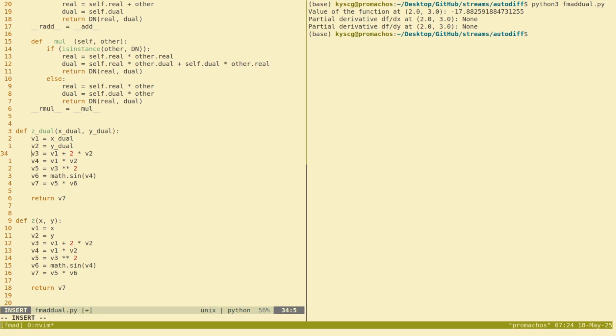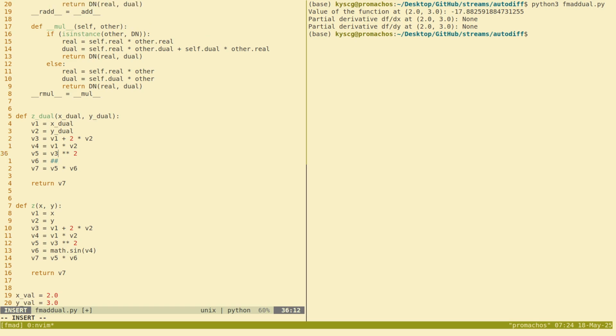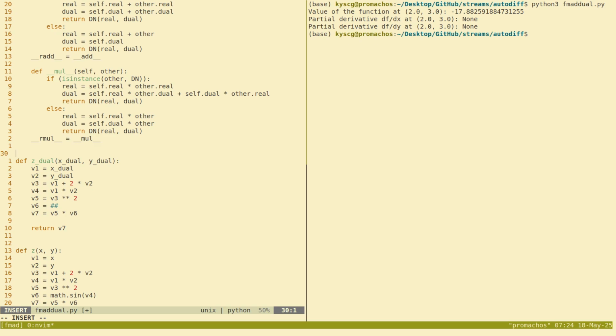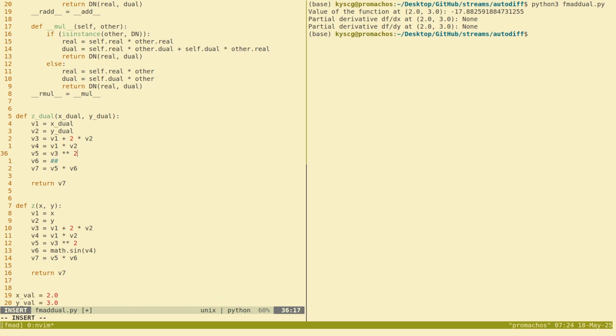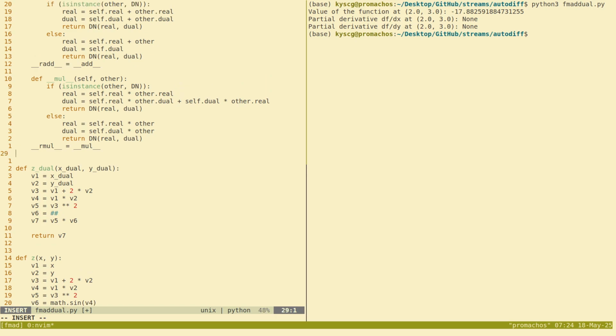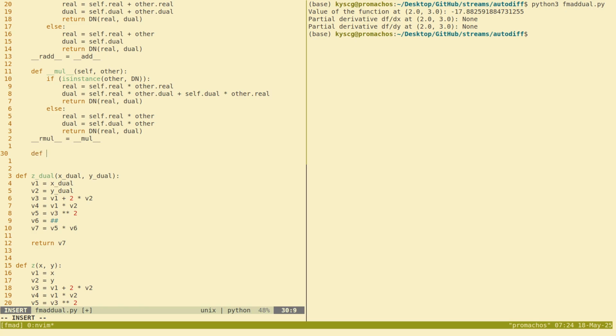Right. So v3 is the same, v4 is the same, v5, v6, everything. No. So v6 we have to work on, because actually even v5, right? So let's start with v5. So v3 is just addition and multiplication, we've already implemented it. v4 is just multiplication, we've already done that. v5 requires a power, so now we need to overload the power operator, and the way we do that is